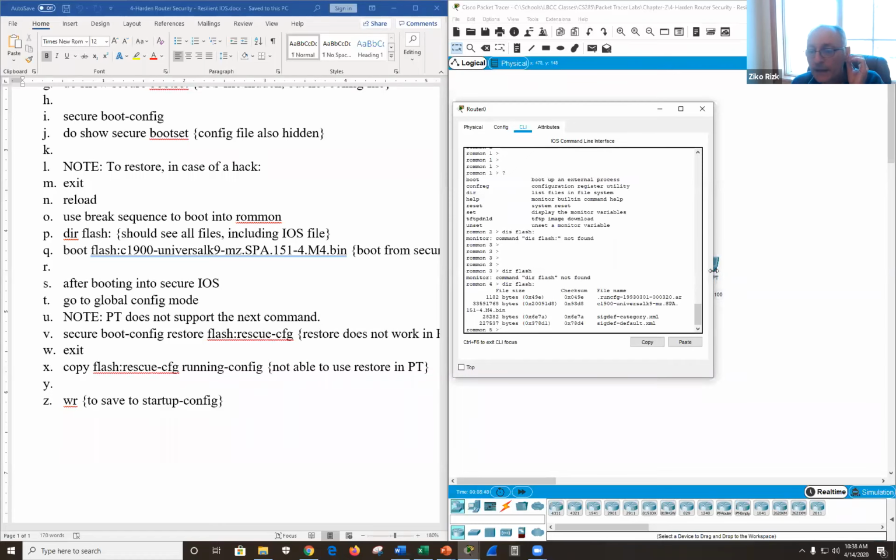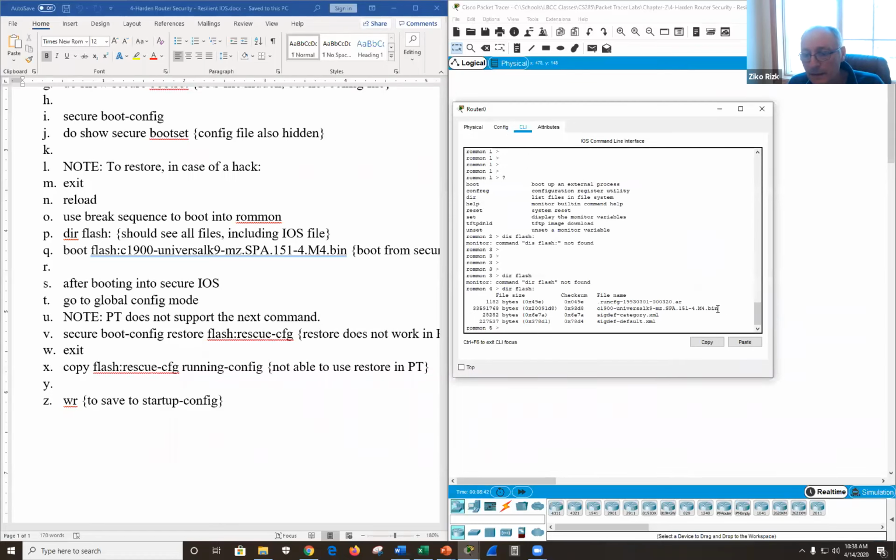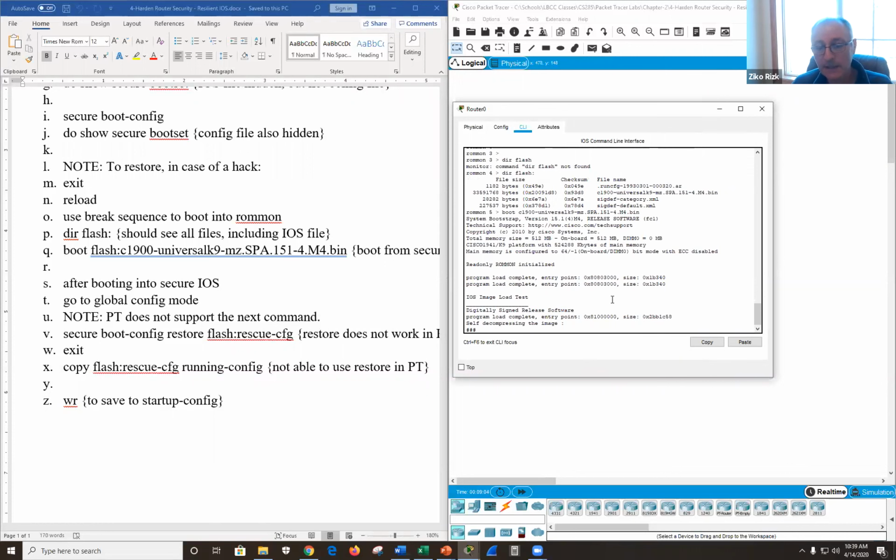Okay, and now you can see the iOS operating system file. Cool, everybody? So this is where the operating system is, and we want to boot from here. Okay, and now we can type. First, we have to copy it because I don't want to have to type it, and then you type boot, and you boot from this operating system, which is the proper operating system.